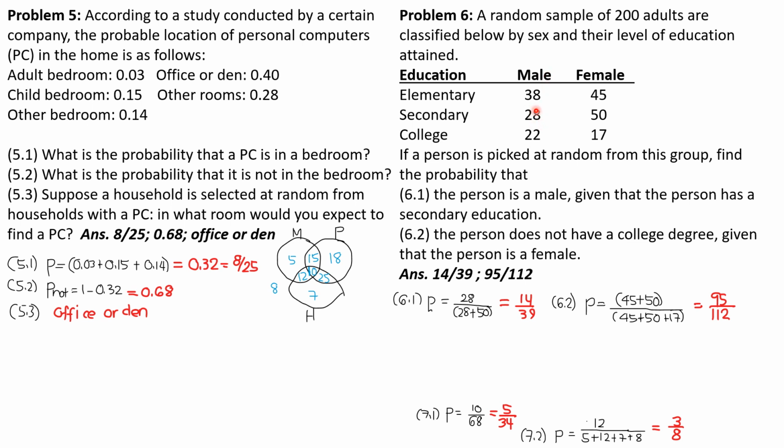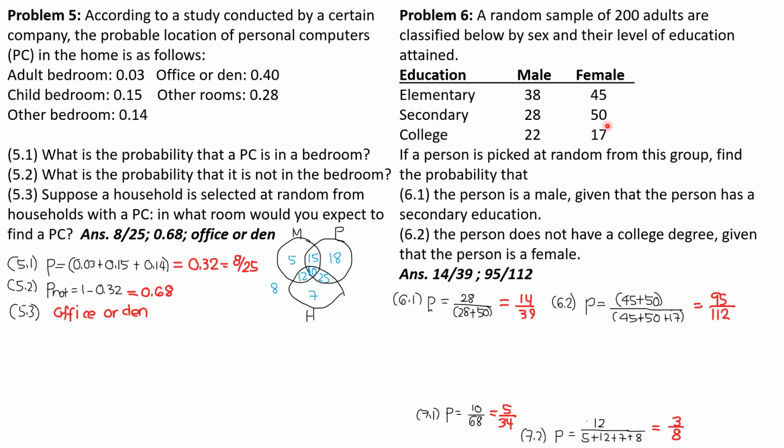There are 28 males with secondary education out of the quantity 28 plus 50. So 28 over 28 plus 50 is 14 over 39. 6.2, the person does not have a college degree, given that the person is a female. So it does not have a college degree and it is a female, and